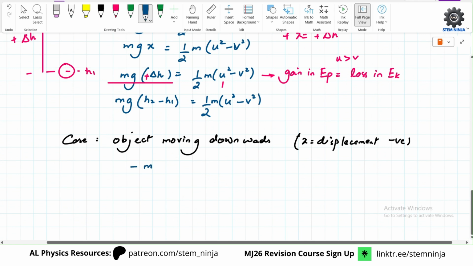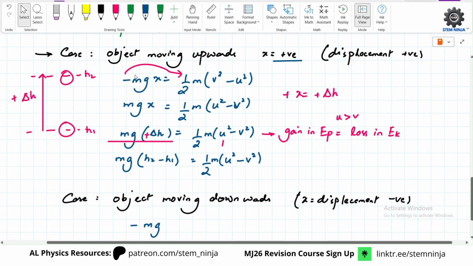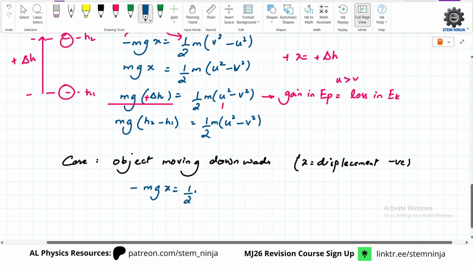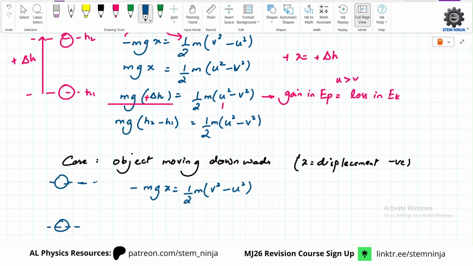So we had minus mgx, same formula that we had over here, minus mgx half m v squared minus u squared. This time the opposite is happening. So this is your, we can still say that this is your h, but this is negative this time,